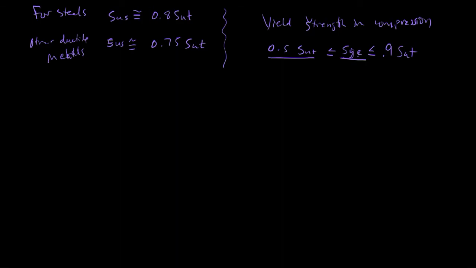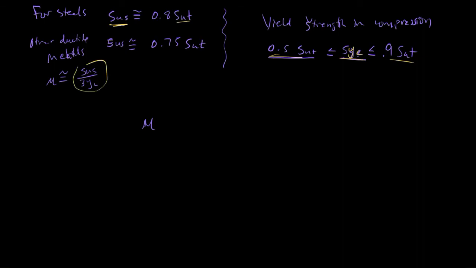Okay, then we can rewrite the friction coefficient. Okay, and recall that we said that mu is approximately equal to the ultimate shear strength over 3 times the compressive yield strength. Okay, so we can relate the ultimate shear strength to the ultimate strength, and then we can relate the compressive yield, this is the Y, to the ultimate strength, so then we can express these as a ratio